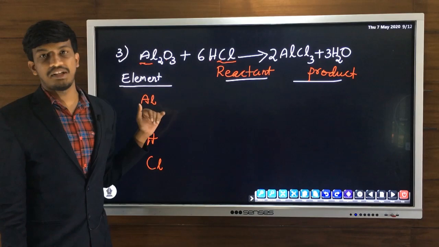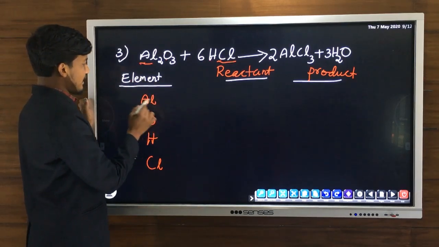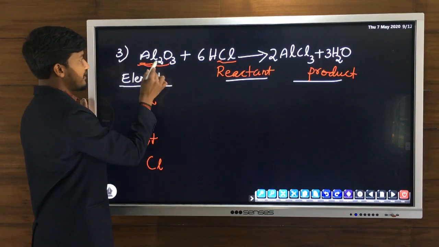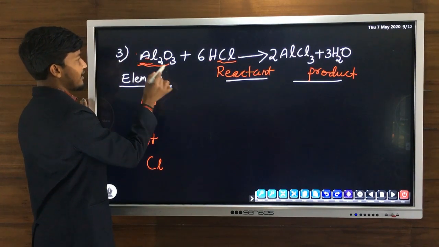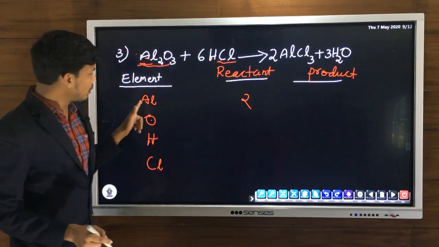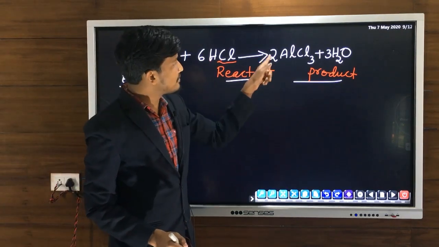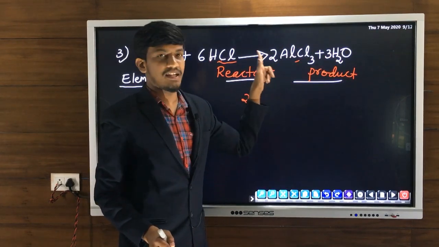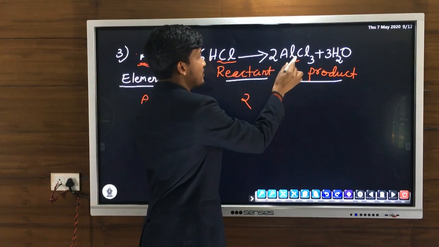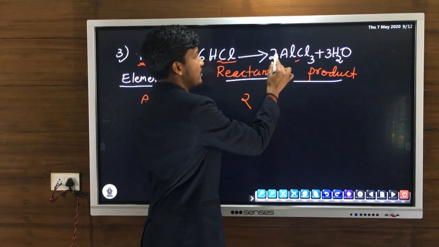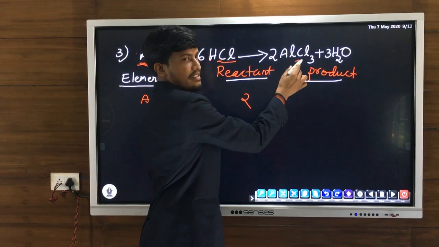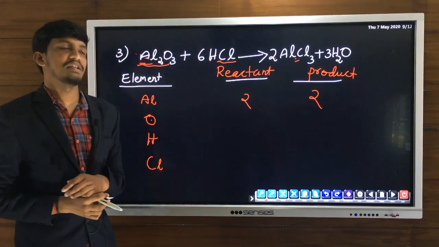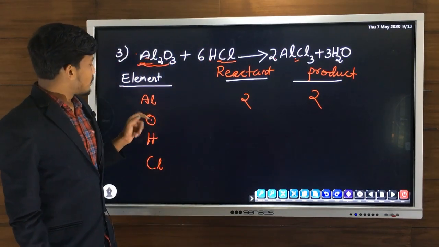First, aluminum atoms on the reactant side. Aluminum is in the first reactant, there is no aluminum in the second reactant. So number of aluminum atoms 2. No coefficient, so Al 2. Then on the product side, where is aluminum? Yes, in AlCl3 there is aluminum. There is no aluminum in the second product. So in the first product there is aluminum, 2 into 1. 2 ones are no subscript, therefore 2AlCl3 means 2Al1Cl3. 2 ones are 2. 2 aluminum atoms.